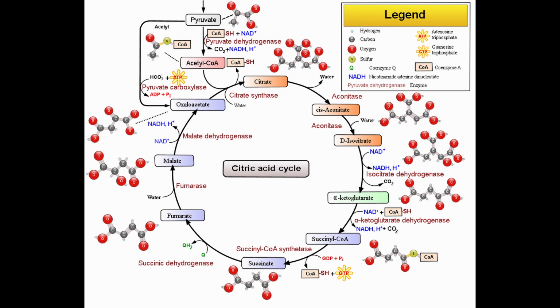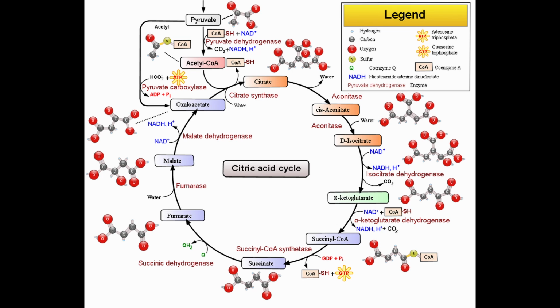And then once we have malate, the next step is another dehydrogenation reaction that produces an NADH molecule. And this is catalyzed by malate dehydrogenase, and it's going to produce oxaloacetate. And thus we have regenerated oxaloacetate, and we have produced a cycle. That's why it's called the Krebs cycle or the TCA cycle, because it is a cycle whereby we regenerate oxaloacetate that's now ready to interact with another acetyl CoA, produce a citrate in the process via citrate synthase, and so